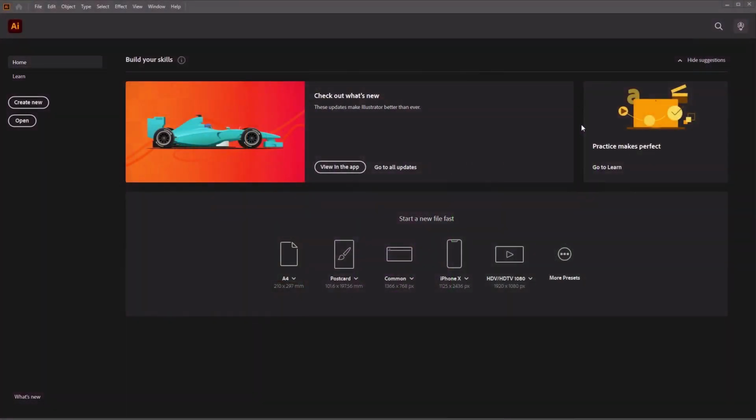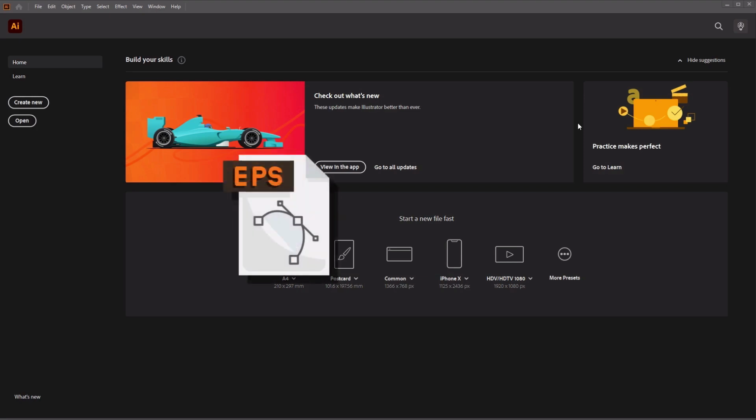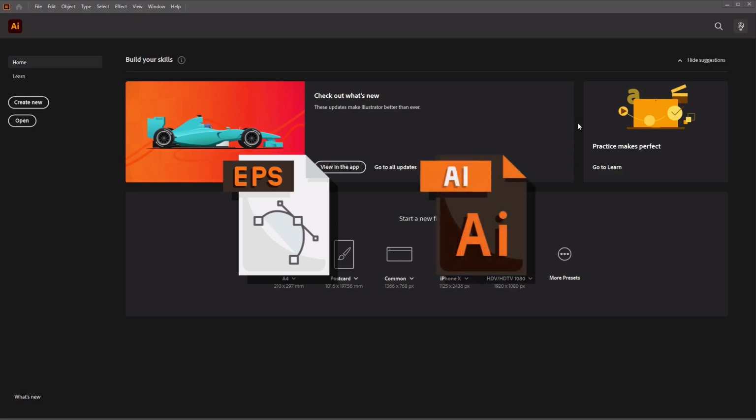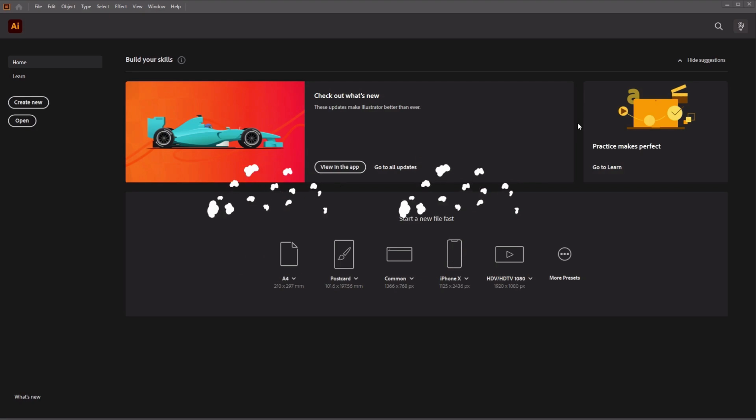Whether you're working as a graphic designer, an illustrator, or just receiving files as a client, you'll most likely come across all sorts of different file formats. Encapsulated PostScript File, known as EPS, and Adobe Illustrator Artwork, known as AI, are two examples of the most common file types you'll have to deal with. So this video will show you how to convert between both file types inside Adobe Illustrator, and also using an